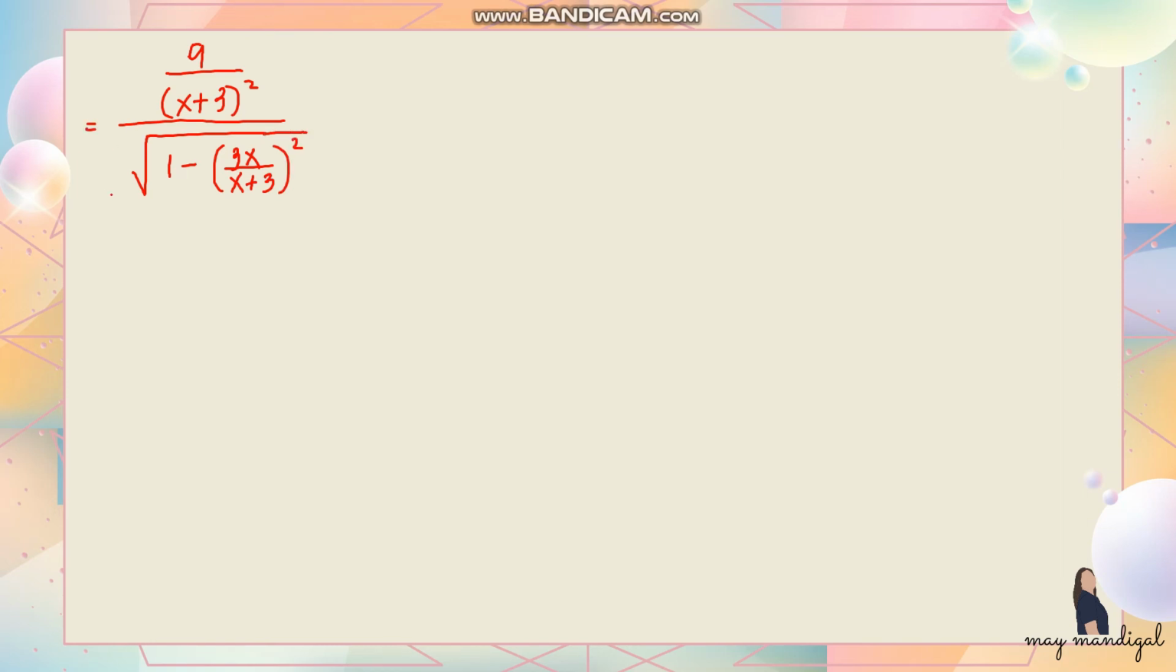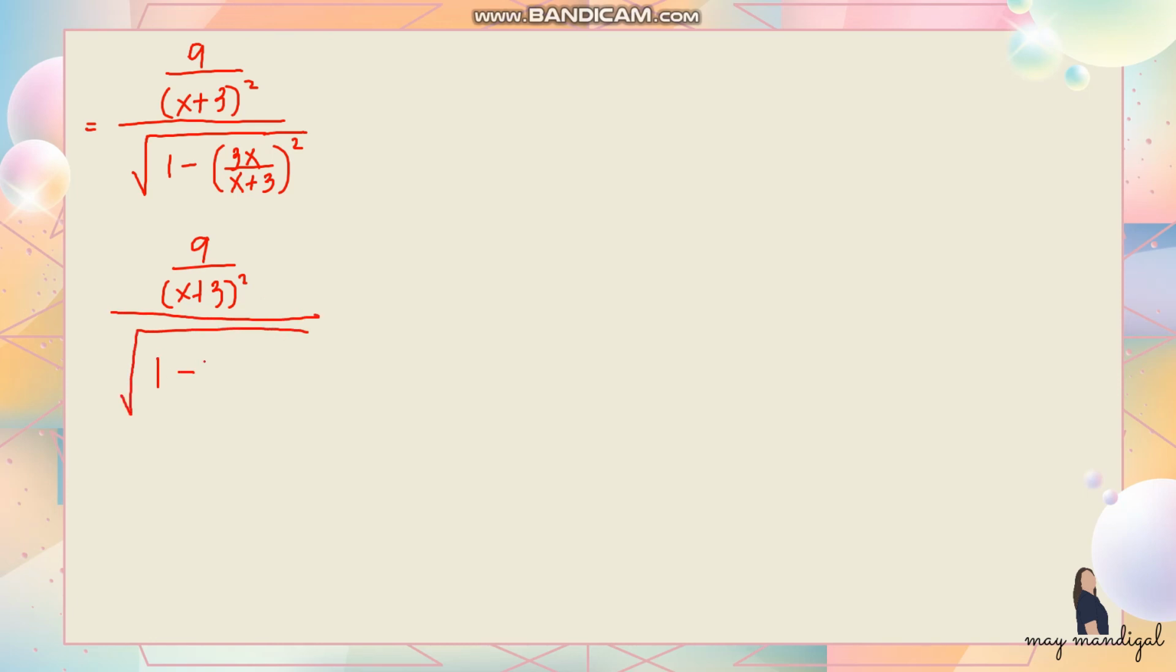Okay, so now here we're done simplifying the numerator, so let's just leave it like that. Let's now go with our denominator. So what are we going to do? We will just simplify this. Since 3x over x plus 3 is raised to 2, let's distribute the power. So we have 9 over x plus 3 squared all over, and then we have square root